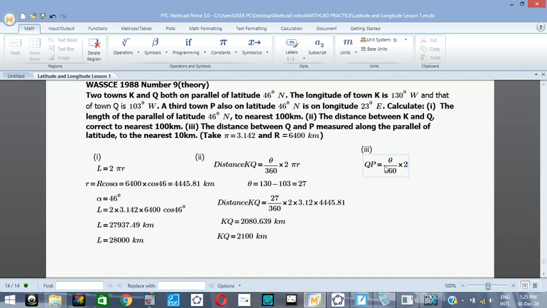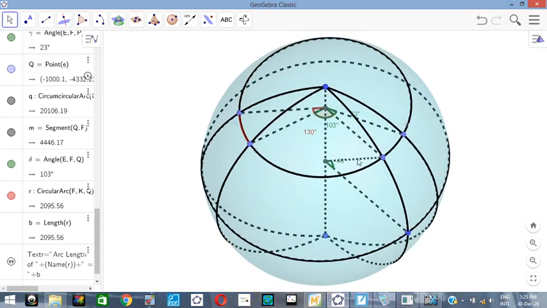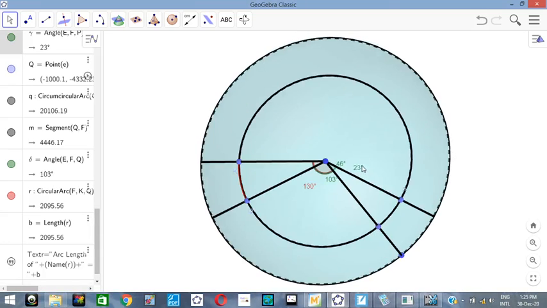times 2 pi r. So it's the same formula we are using. The only difference is the theta. This time around, the angle we need is the angle between P and Q. So if you look at your sketch, it's clearly stated there. From 0 to Q is 102, 0 to P is 23. You can see it if I view it from top. Why this is 103, so the angle from Q to P now is going to be 103 plus 23,